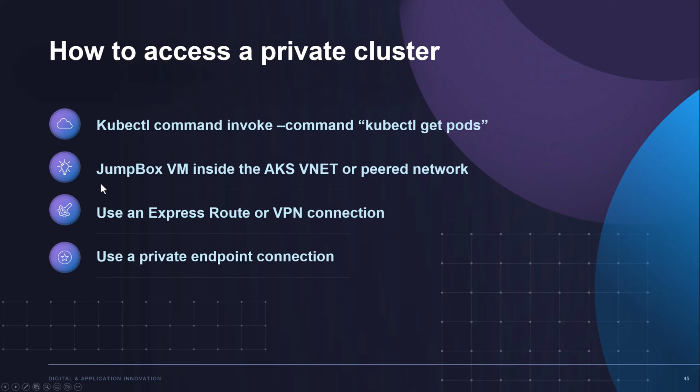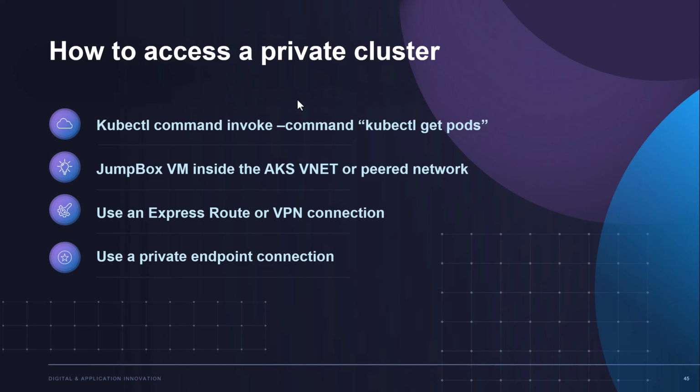If you want your CD pipelines to be able to deploy, or if you want access as an operator, then you would typically choose a jumpbox virtual machine inside the AKS VNet or a peered network, so that you can get access either to the private endpoint or to the internal load balancer. Another option could be using ExpressRoute or a VPN connection into the VNet, or using a private endpoint connection, as we have seen with the